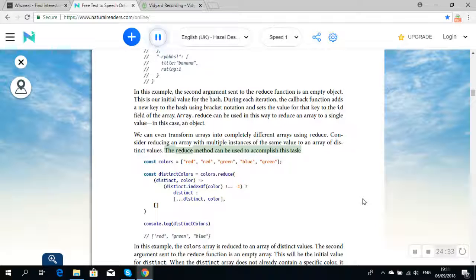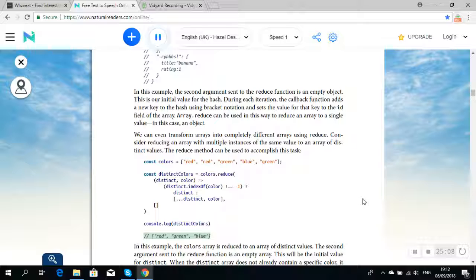The reduce method can be used to accomplish this task. const colors = ['red', 'red', 'green', 'blue', 'green']; const distinctColors = colors.reduce((distinct, color) => distinct.indexOf(color) !== -1 ? distinct : [...distinct, color], []); console.log(distinctColors)